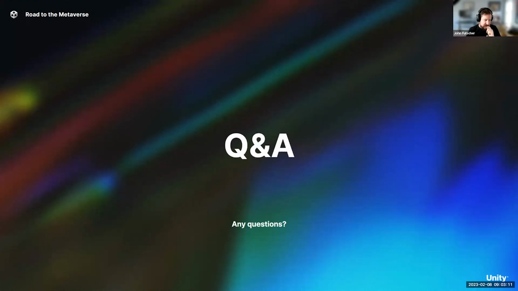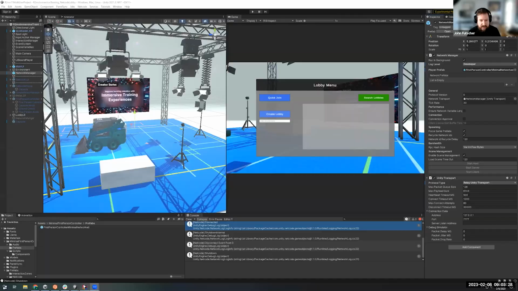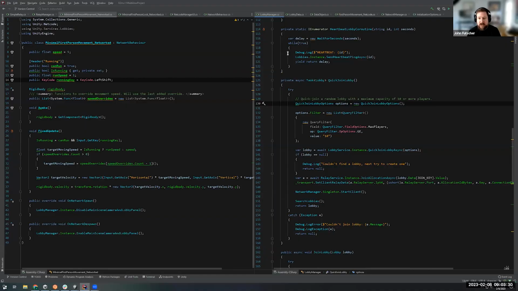Sure. So to answer the next question, I'll just read this. Sorry, jump on ahead. One of them is related as well. It says, how would you handle syncing a script value like player score with netcode? I'm just going to take the share back for one second, and I can show a quick answer to that. One of the things I mentioned, but we didn't have a ton of time to get into, is that when you're working with the code for these things, you would write